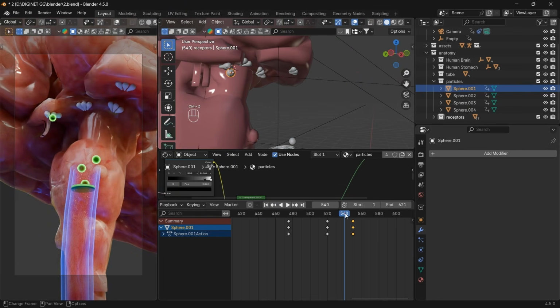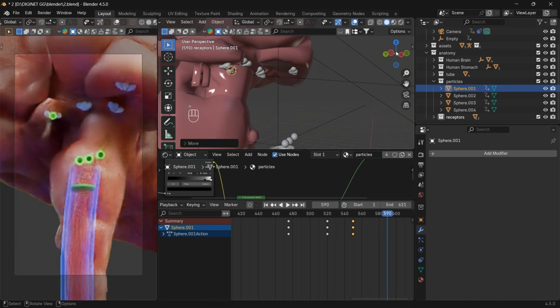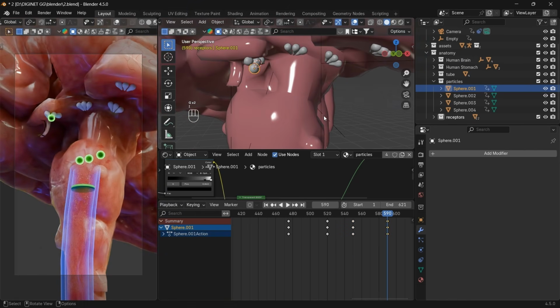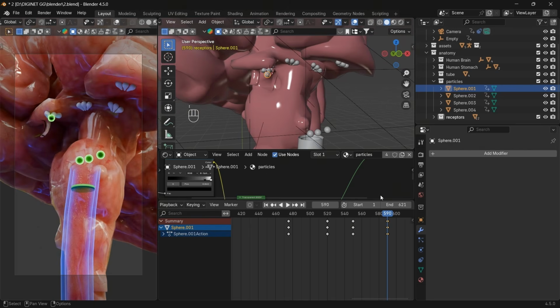No, not the 540, maybe at 590. Yeah, 590. It should be over here. Add a keyframe. And similarly for the other ones,